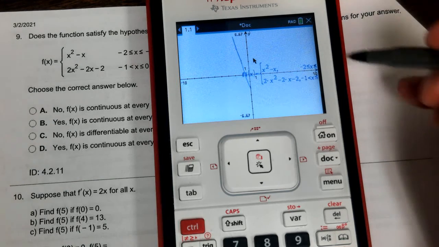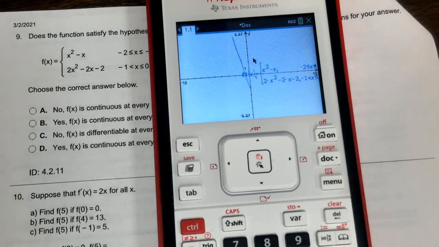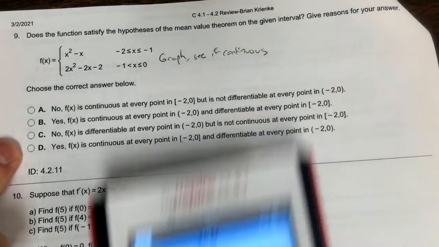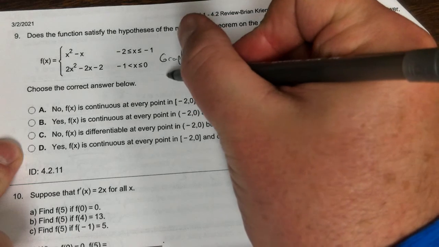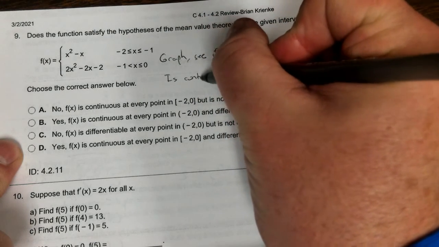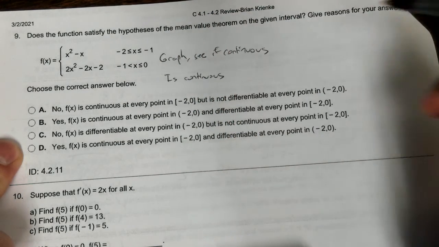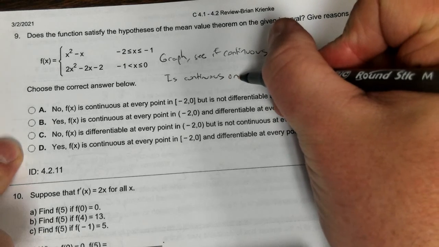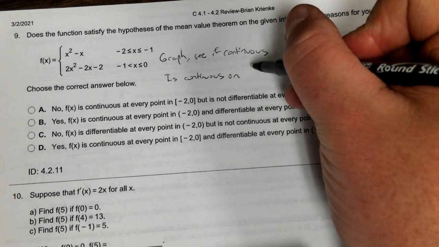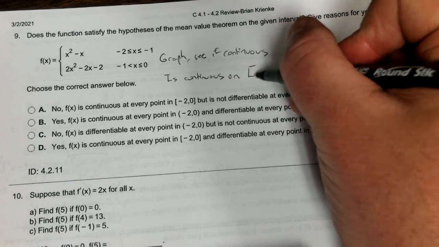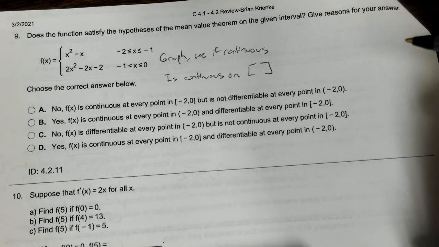Sometimes they're not continuous, and it has a jump discontinuity. But on this one, it is continuous on the closed interval,